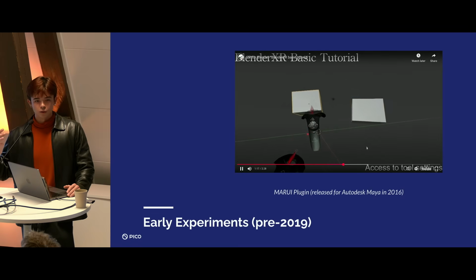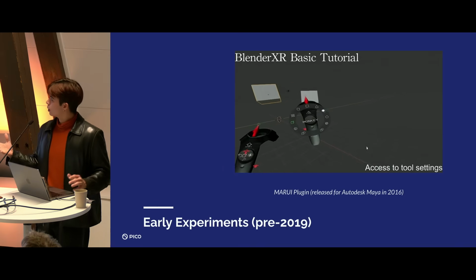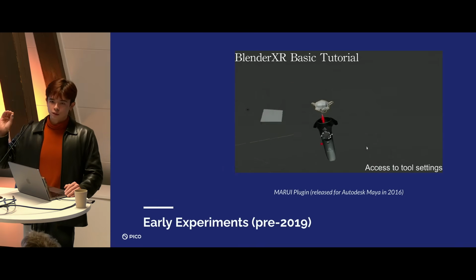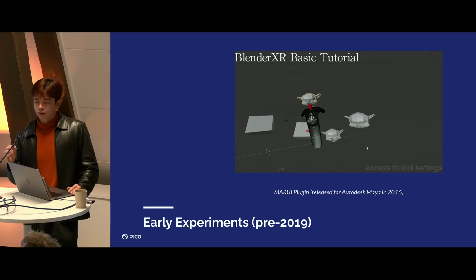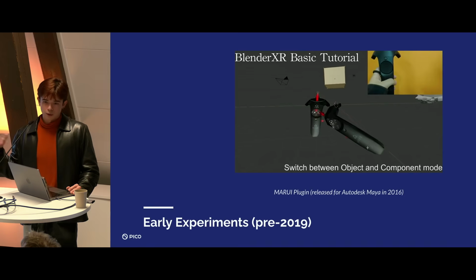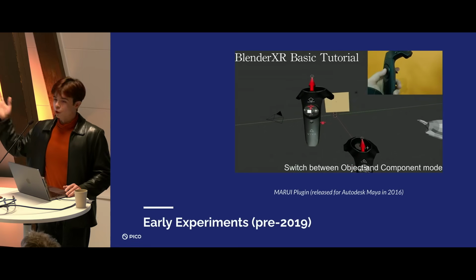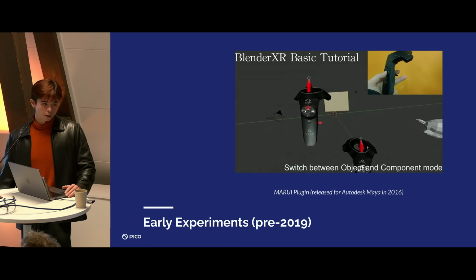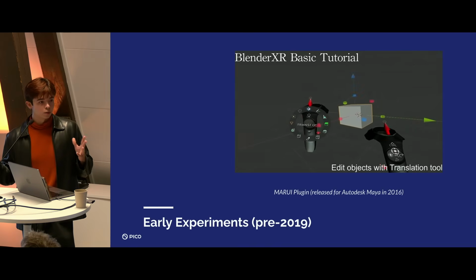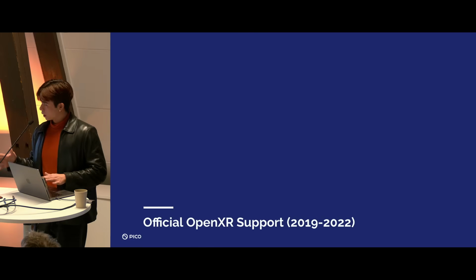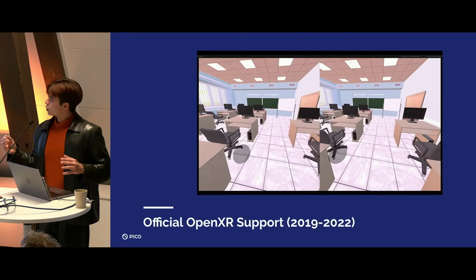But you realize you lack the functionality of being able to move around your scene. It's only statically rendered. And so you have these first forays around 2016 into the idea of taking your 3D content creation tool and putting it in an XR medium. And here is Marui. It was a plugin for Autodesk Maya that had a lot of really cool, innovative ideas. And this was foundational in what eventually became official OpenXR support in Blender, which, if you guys aren't familiar with OpenXR,